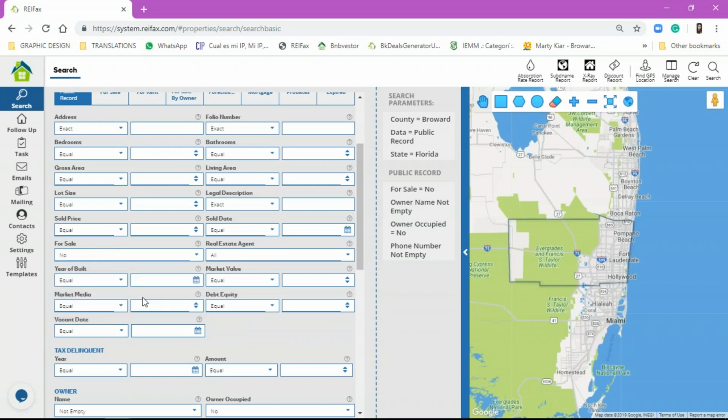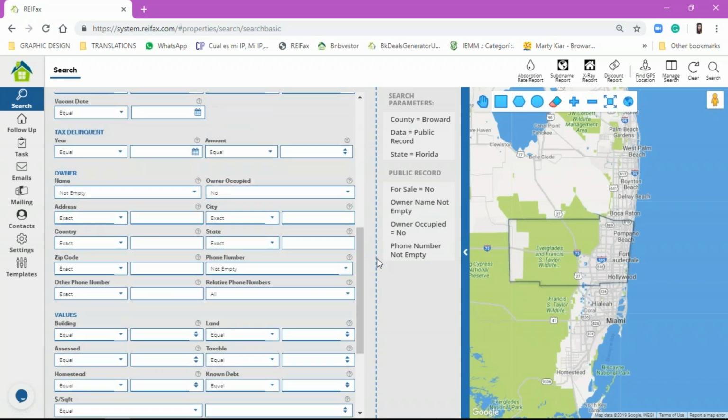For sale, no. And it's going to give me all the properties that are not for sale, and it's going to search for the properties that do have an owner name and that only have a phone number. Okay, so it's very important that you select this. And if you want it out of state, you can put in